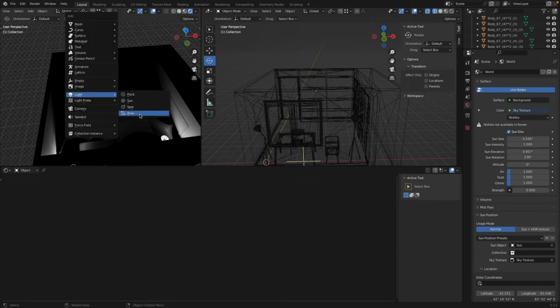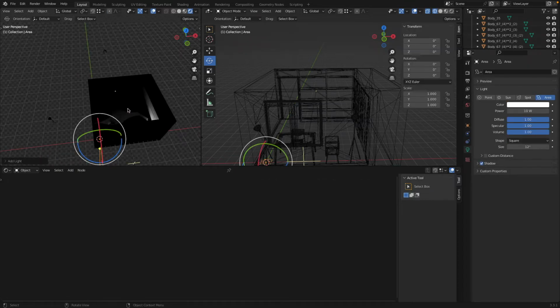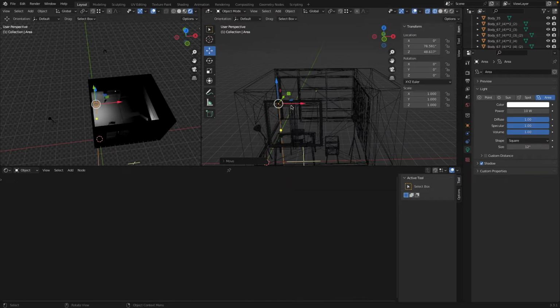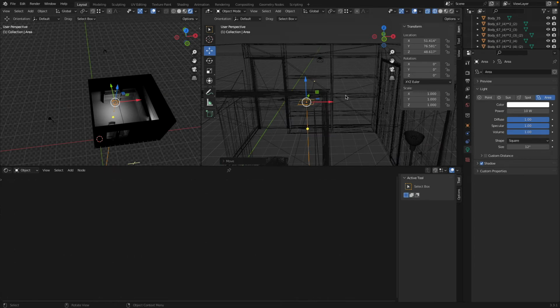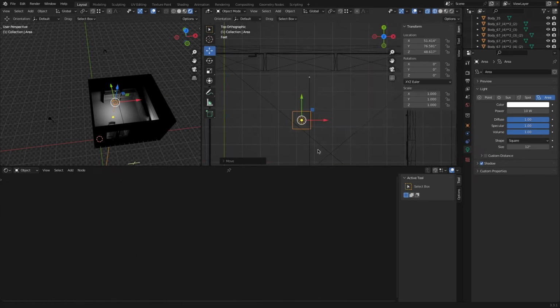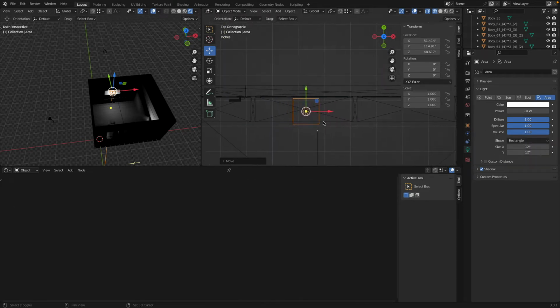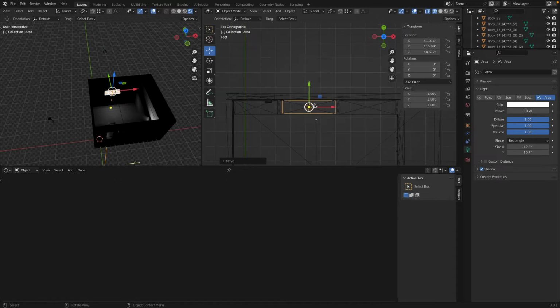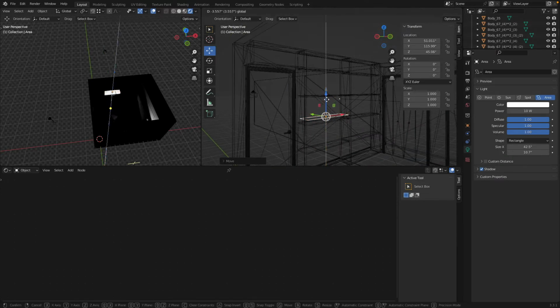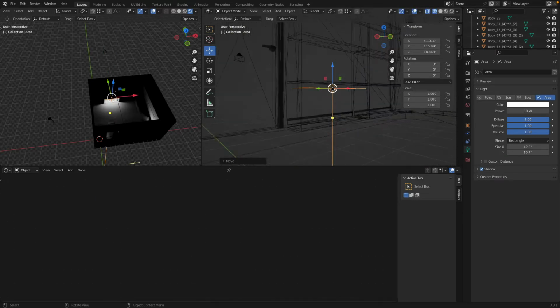There's something architecturally we can play with. So let's add an area light. So the area light is just a huge surface. Now go to a top view, bring this to here. Then this I would like to change to a rectangle. And then I can kind of like scale this so it fits in. And now I have this idea of, okay, I would like to have under the